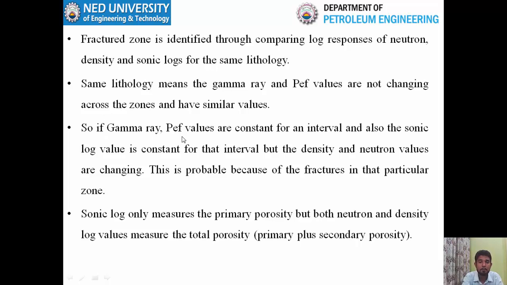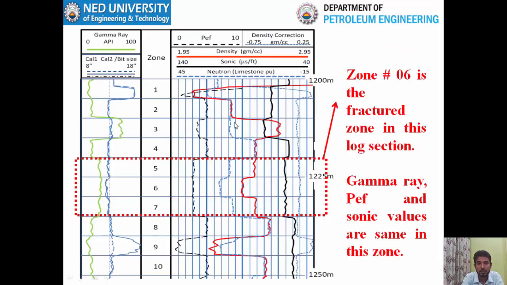So if gamma ray and PEF values are constant for an interval, and also the sonic log value is constant for that interval, but the density and neutron values are changing, this is probably because of the fractures in that particular zone. Sonic log only measures the primary porosity, but neutron and density log values measure the total porosity. So in this log section, zone number 6, as written, is the fractured zone. And when you compare zone number 5, 6 and 7,